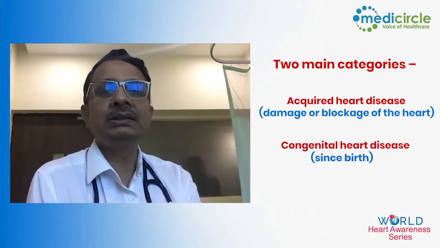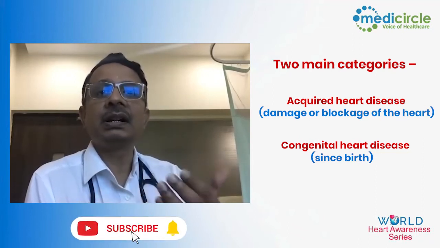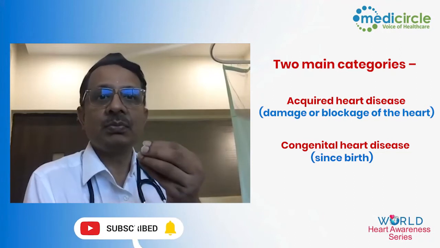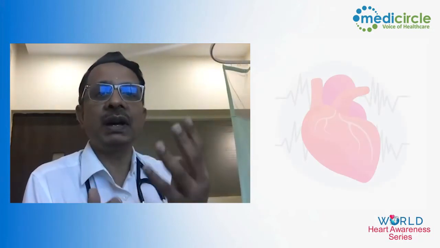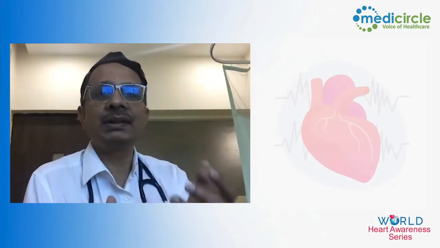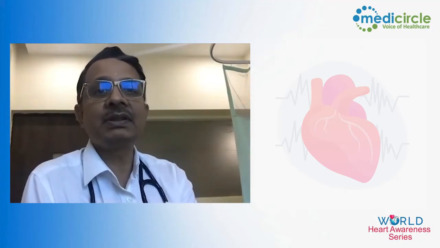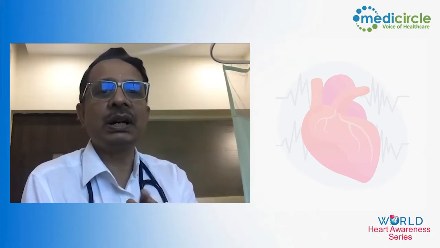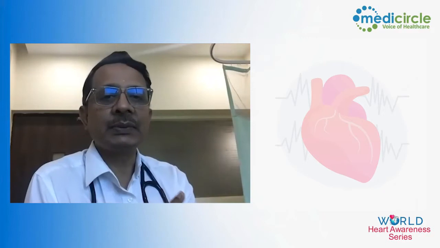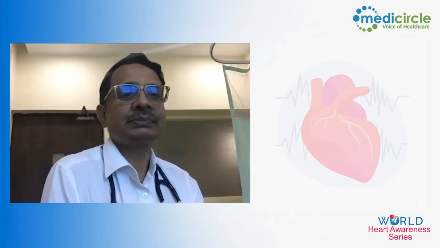And acquired heart diseases are like, you say, a person getting a heart attack, or there are blockages in the arteries of the heart, or we have 4 valves in the heart. If those valves get damaged, then that also can be considered heart disease, which is acquired heart disease. So these are the things which can occur with the heart or with the covering of the heart. So broadly, as I said, one is congenital, one is acquired.